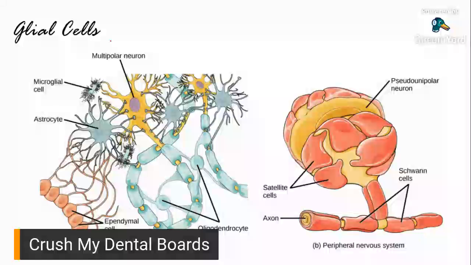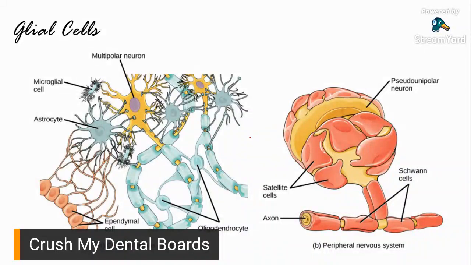So, ulitin ko, glial cells, they're supporting cells. You have your microglial, you have your astrocyte, you have your ependymal cells. That's actually the epithelial lining of the brain and the spinal cord. You have your oligodendrocytes for the nerves in the central nervous system. On the other hand, for the peripheral nerves, you have satellite cells, which serve as a protective covering of your nerve and also like a cushion for it. And then you have your Schwann cells.